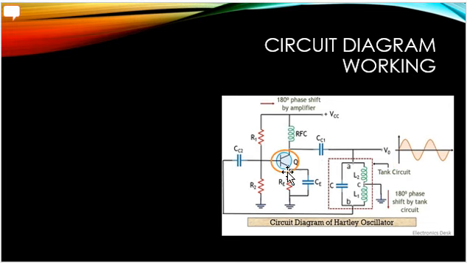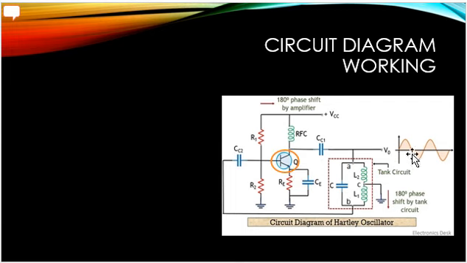Now Q2, as you can see over here, is a CE configuration. So it takes the input from the tank circuit, inverts it, and gives it across the output terminal. Once it inverts it, CE configuration means what? Whatever sine wave is starting from 0 like this, the wave produced because of the transistor will be opposite.